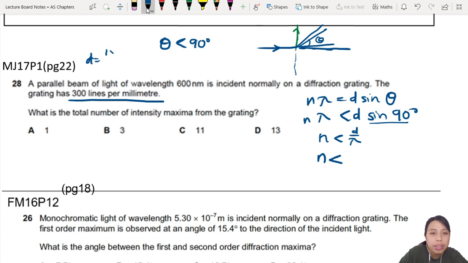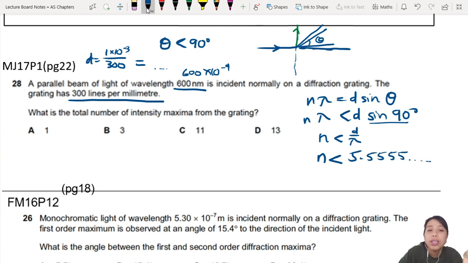1 millimeter chopped up into 300 parts. So that will be, what's my value? I haven't found my d. Whatever the d is, you can use this in your further calculation. And lambda is 600 nanometer, so 600 times 10 to the negative 9. If you do d divided by lambda, you will get